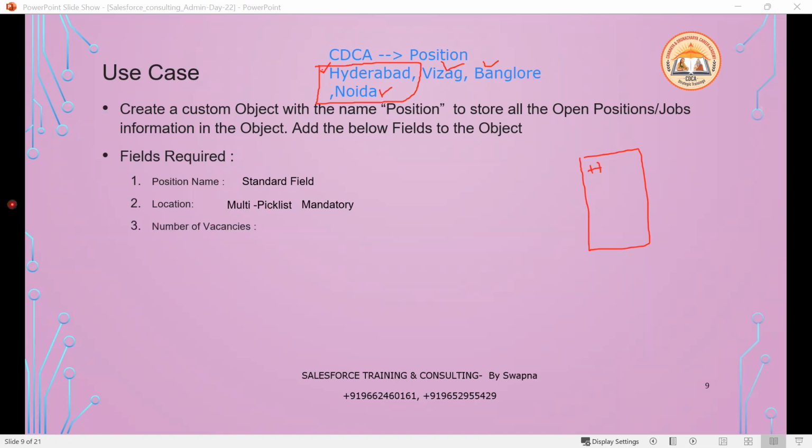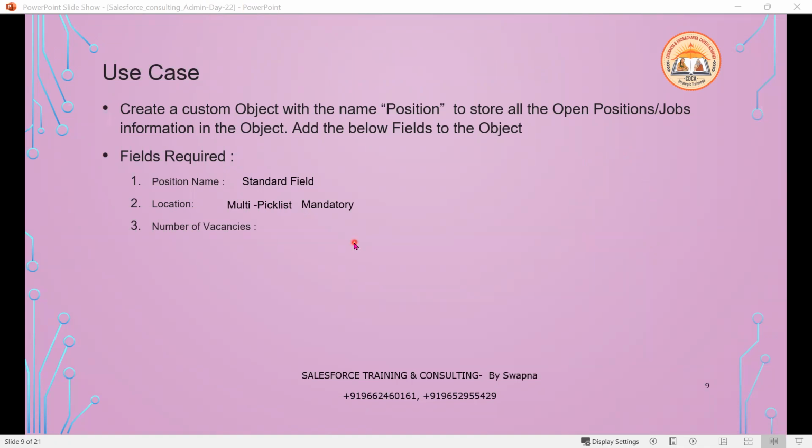Now, next one is number of vacancies. What type of data type is it? Number, because we need to know how many positions are getting opened. So let's take this also as mandatory, whether 2 positions are open or 3 positions are open. Now the next one is